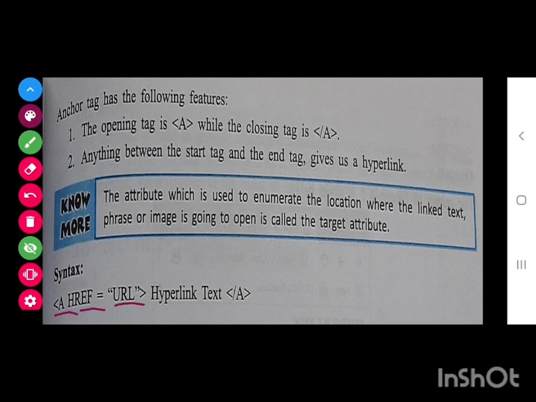It can be any file, it can be a word file, it can be a picture file, it can be a GIF file, it can be an audio, it can be anything, but you should know the address of that. It can be another HTML file also. So we should know the address, and whatever will be written in between these two tags, that will be hypertext, and that will come in blue color. I will tell you how to change the color also.